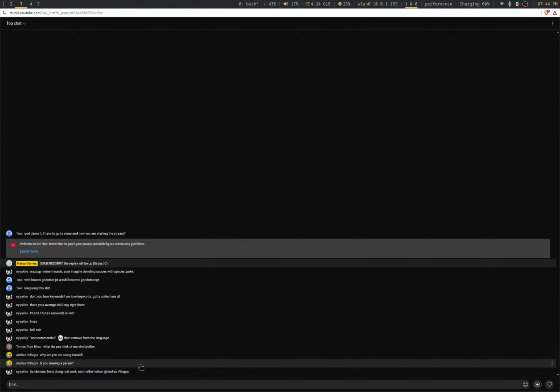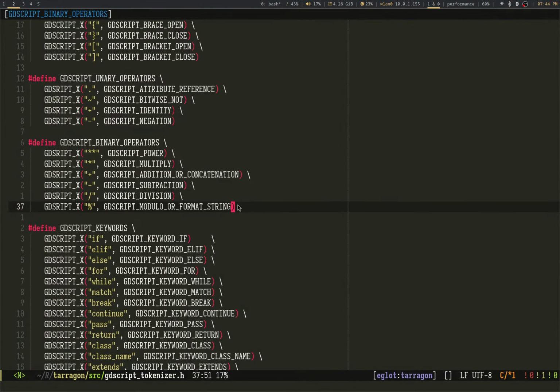Yes, I am making a parser for GDScript. This is one of my only complaints about Godot, is that GDScript does not have a standalone LSP, which is why I'm doing this. Because every now and then, even when I was working on my own stuff or making a video, I would reference my own code base and the video's example code base.